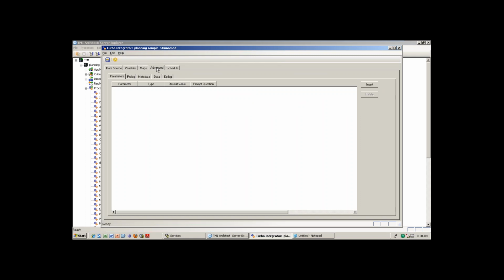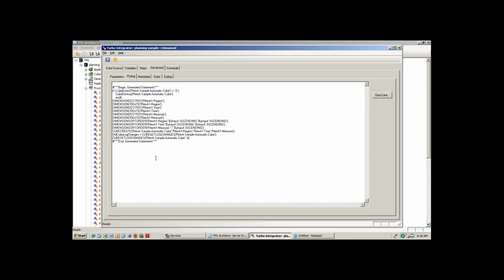Now TM1 will create its own scripting because you don't need to write here. As per your suggestions, okay, this is my parent, these are the children you mentioned, right? Based on that, it will create the things. See this one, it created a script once you click it. What is that? First, if any cube of Ritesh automatic cube, because you told that you are going to create, if any cube is already with the same name, it will try to drop it.